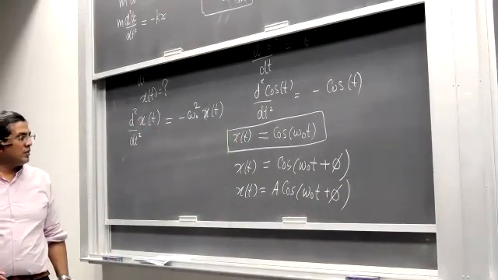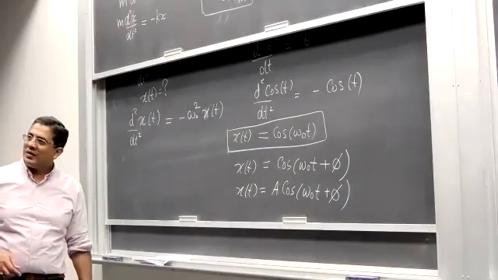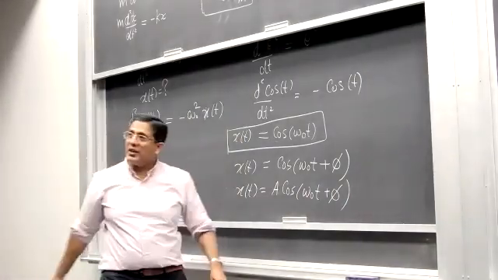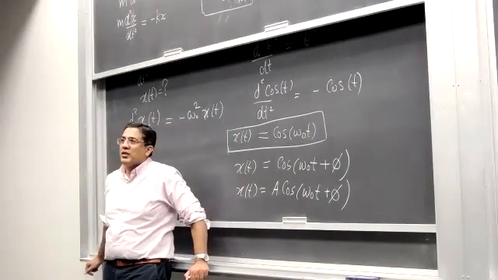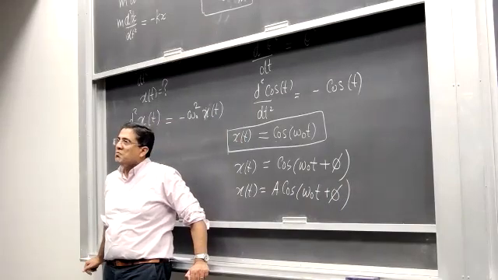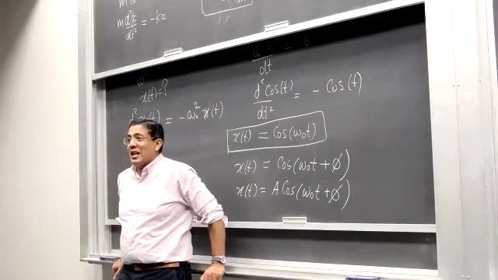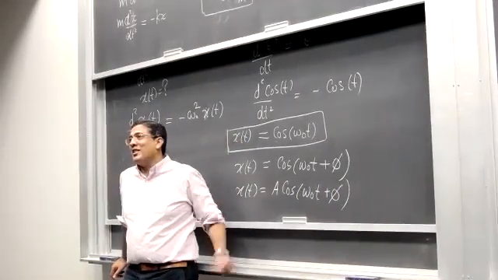Because its double derivative would also give us a negative sign with the original one. Yes, perfectly fine. Sine is also fine. It's just an arbitrary choice. No particular reason. Both are valid solutions. And in fact, in some books you may find that they have done it with sine.